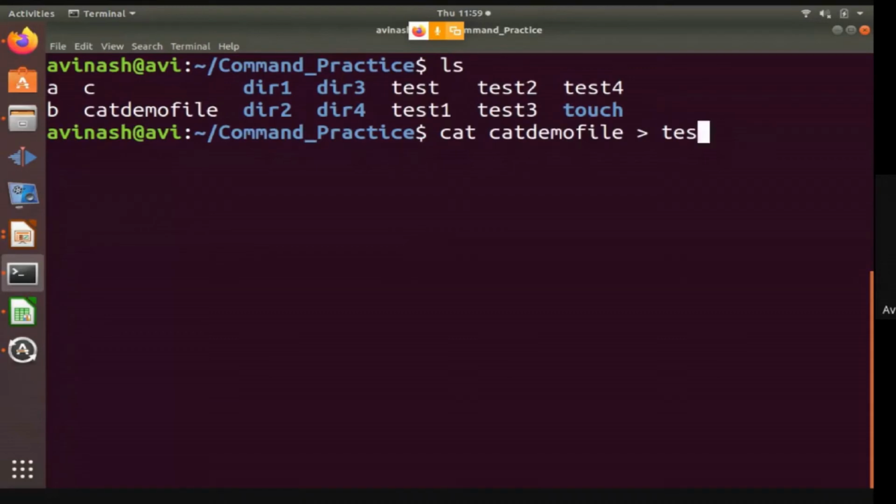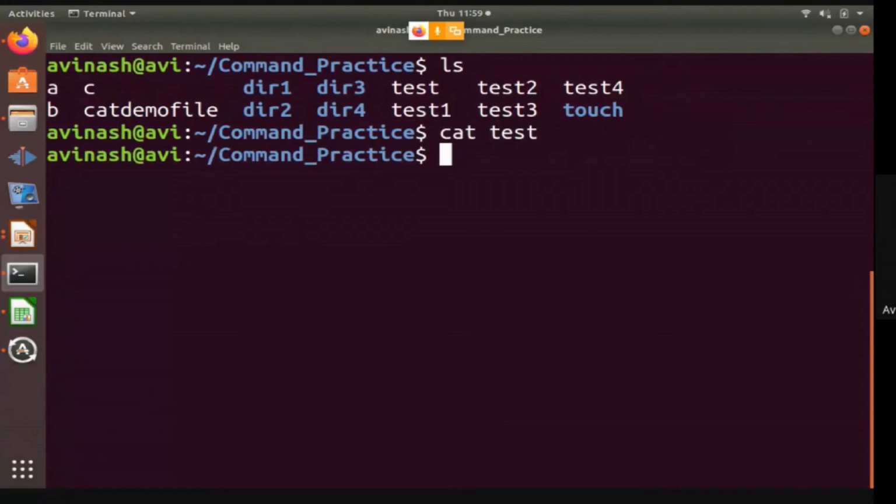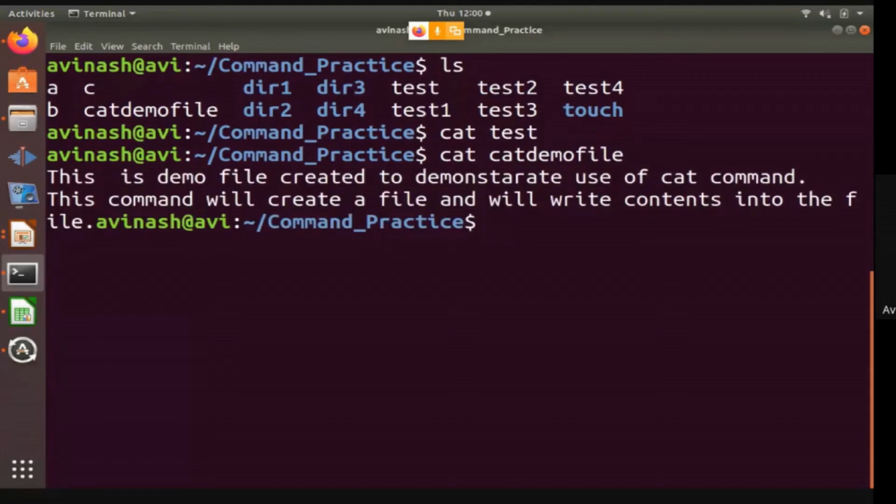Do you want to check the contents of test file first? The contents of the test file are empty. That means it doesn't have any contents. And contents of cat demo file are this. Now we want to copy these contents into the test file. So this is the command.